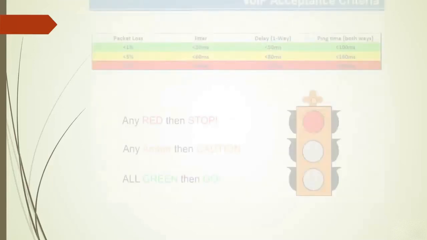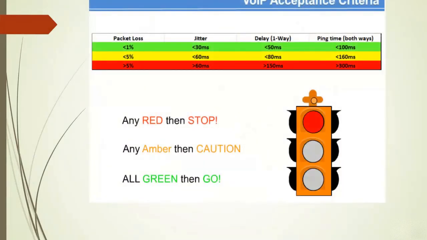VoIP acceptance criteria. These are the network parameters. For example, the packet loss. If you have a packet loss of less than 1%, the green bar, you will have greater voice quality. And the amber or yellow one, the caution, should be less than 5%. And then if packet loss is more than 5%, that is not recommendable for